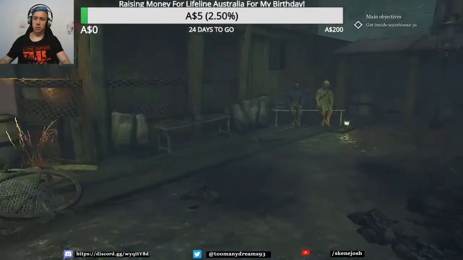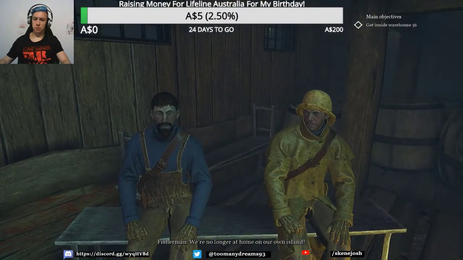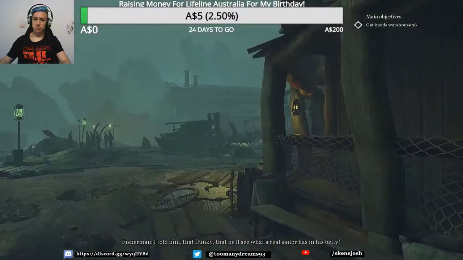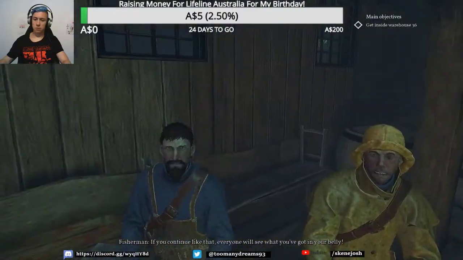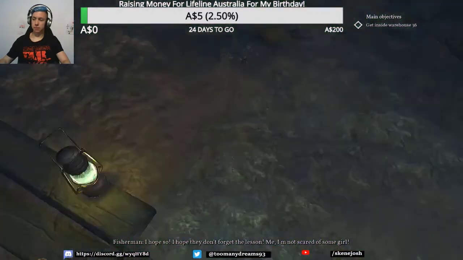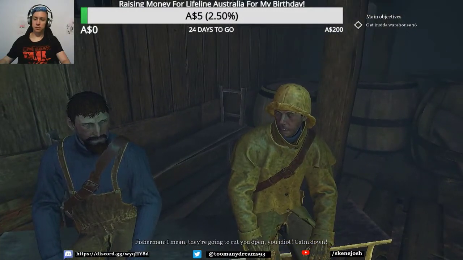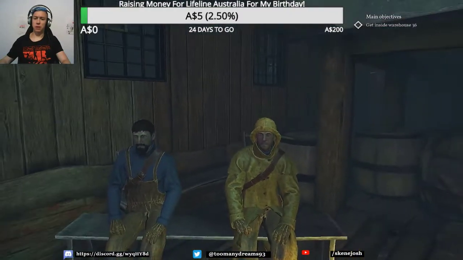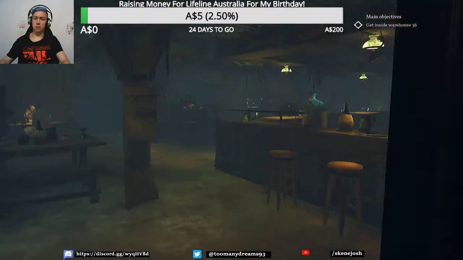Okay, let's go deal with that one. Do either of you two talk? We're no longer at home on our own island. Calm down. It's not worth the effort. I told him, that flunky, that he'll see what a real sailor has in his belly. If you continue like that, everyone will see what you've got in your belly. I hope they don't forget the lesson. Me? I'm not scared of some girl. I mean, they're going to cut you open, you idiot. Calm down. I would be, just because she's a woman. Pretty sexist of you, mate. I'm pretty sure she's got everything running well. And by well, I mean...